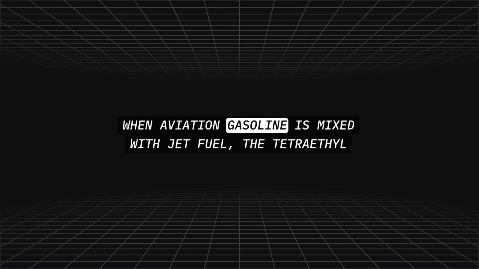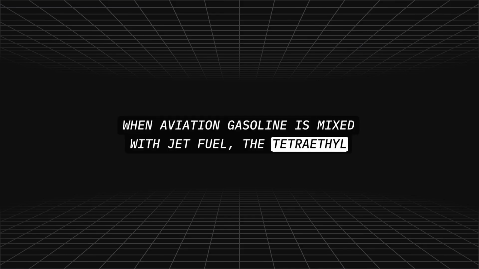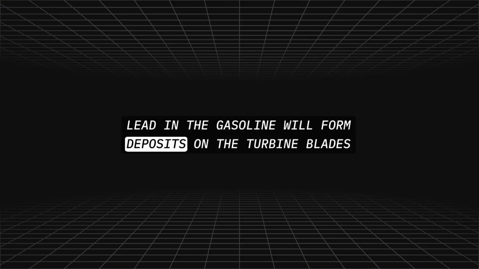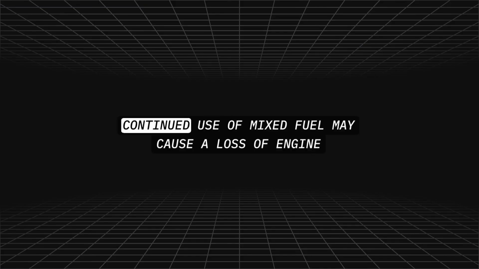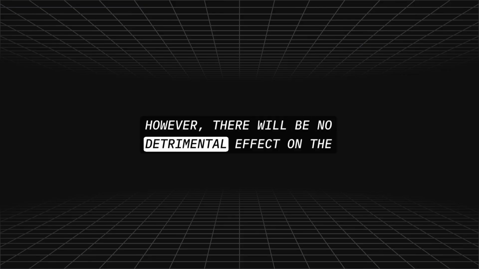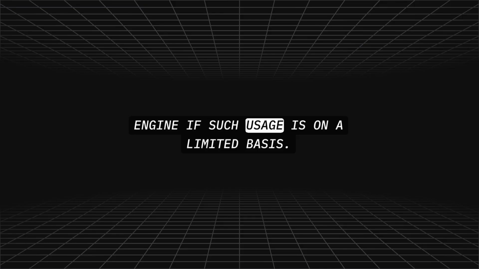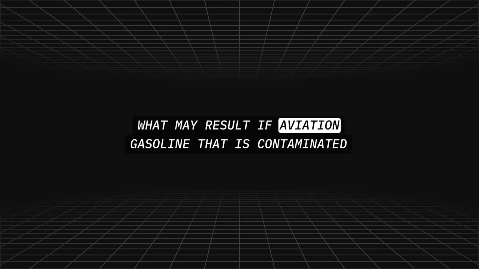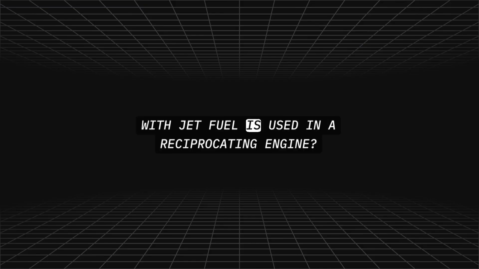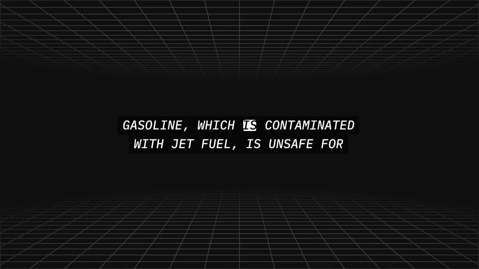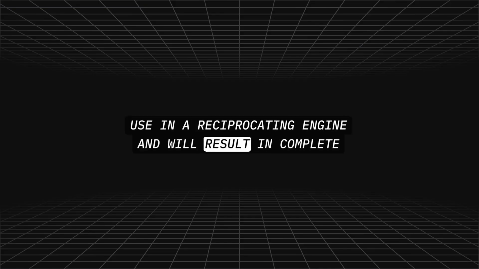When aviation gasoline is mixed with jet fuel, the tetraethyl lead in the gasoline will form deposits on the turbine blades and vanes. Continued use of mixed fuel may cause a loss of engine efficiency. However, there will be no detrimental effect on the engine if such usage is on a limited basis. What may result if aviation gasoline that is contaminated with jet fuel is used in a reciprocating engine? Gasoline which is contaminated with jet fuel is unsafe for use in a reciprocating engine and will result in complete